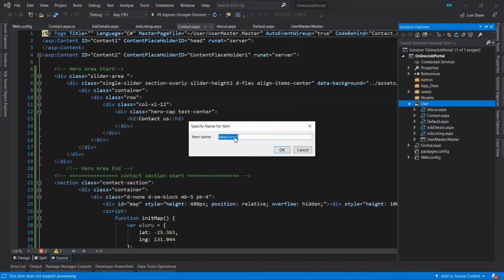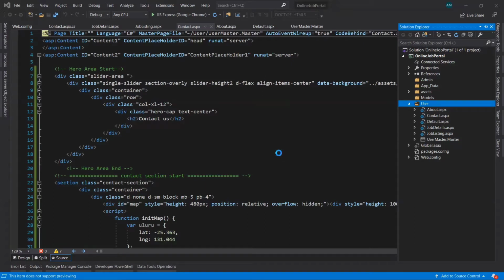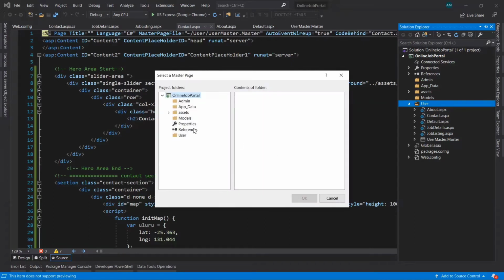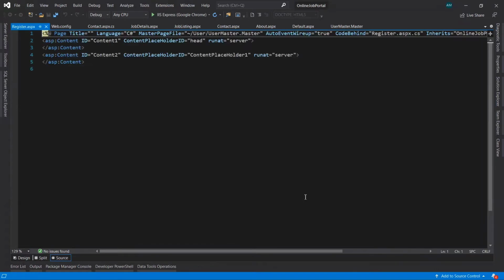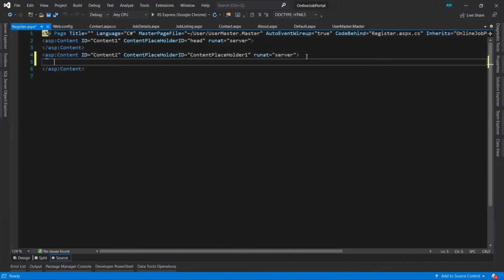Give the page name as register. Select the folder where the master page is located, this one. So our page has been created.